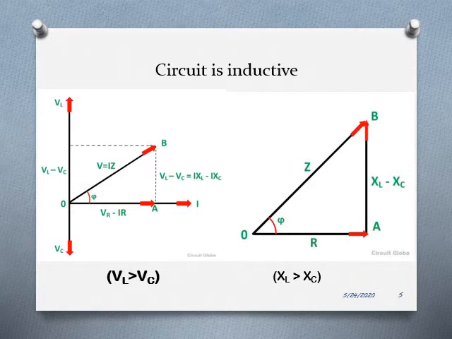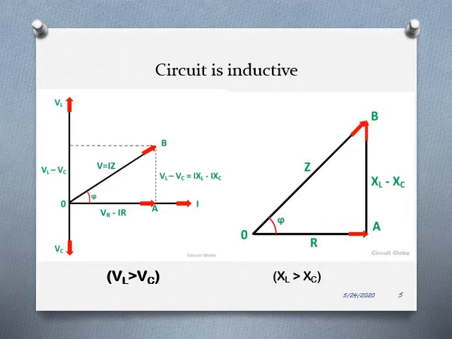So, first case that we are going to deal with is when the circuit is behaving like inductive, meaning it shows exactly the properties of an RL series circuit. VL will be greater than VC, or you may say that inductive reactance XL is greater than the capacitive reactance XC. So just look at the first phasor diagram. As said earlier, in phasor diagram we should begin with the current vector. Current vector I is taken as reference. So first draw the current vector OI.